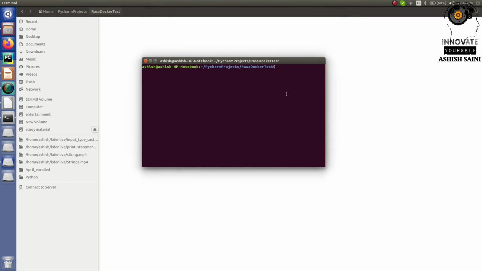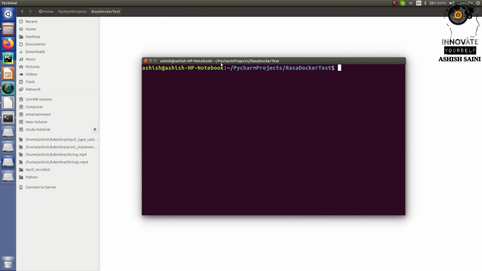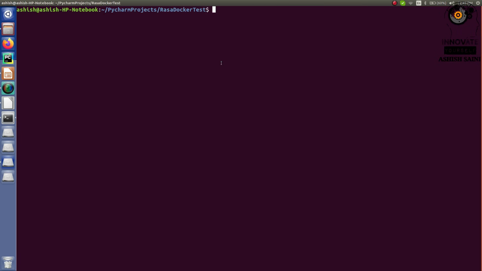In here, as you may have already seen in the previous sessions for the Rasa chatbot, whenever you are going to run any command related to the Rasa chatbot, at that time you just have to activate the environment first. Once the environment is activated, then you can run any of the commands, because in that environment you will have all the packages already installed, right? But this time you can see I don't have any environment activated here. I'm directly running it in the local system, right? But this time I will be running it with the help of Docker.